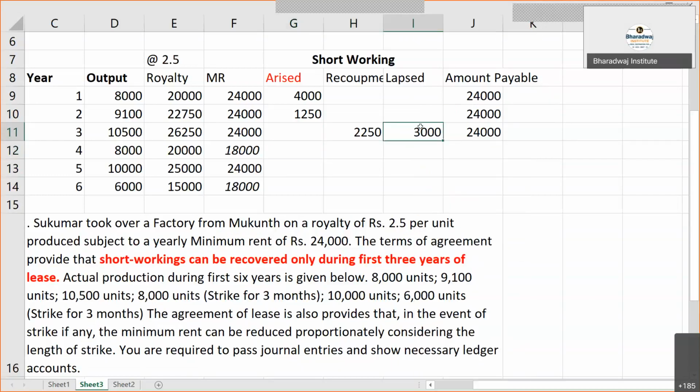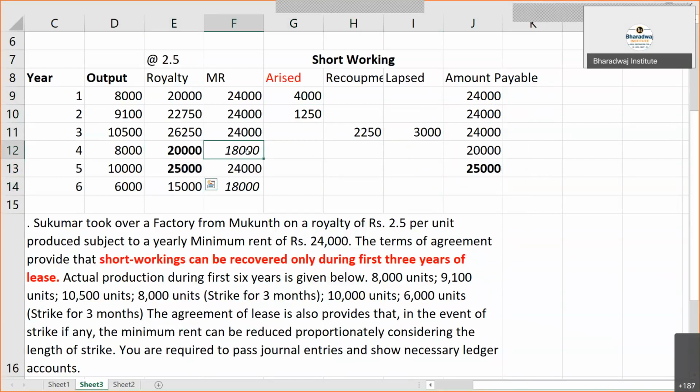It's not subsequent recoupment. It is not that after the first year, you can wait for the second, third, fourth like that. They are not using the word subsequent recoupment. They are using the word fixed recoupment. First 3 years. So next year you have to pay 20,000. Next year you have to pay 25,000. The royalty. This one you have got to pay.